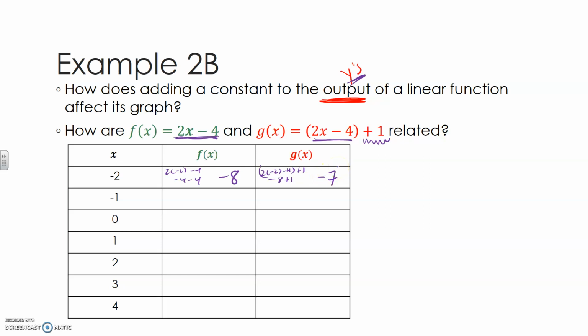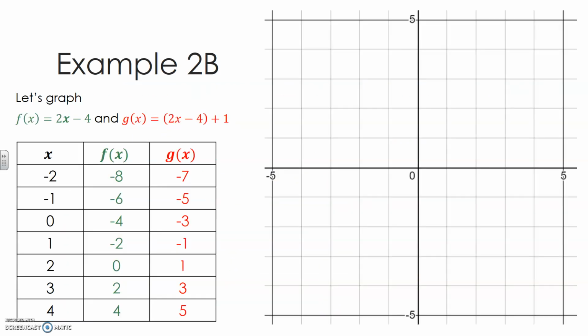Okay, so once again, pause the video, go through and find a couple more. We should have found when you plugged in negative 1, you should have gotten negative 6 and negative 5. You should have gotten negative 4 and negative 3 when you plugged in 0. We got negative 2, negative 1. Plug in 2, you should get 0 and 1. Plug in 3, you should get 2 and 3. And when you plug in 4, you should get 4 and 5. Now that we have the table and a bunch of ordered pairs, we can once again go ahead and graph